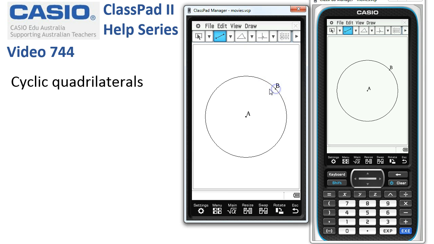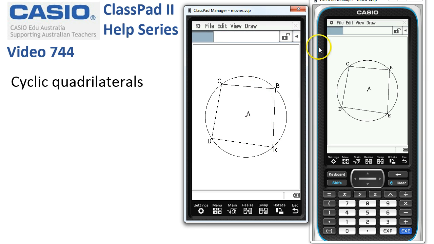So we'll tap onto B, tap onto a point on the circumference, tap onto C, tap onto a point on the circumference, tap onto D, once more, and finally back up to B. So we've got ourselves a cyclic quadrilateral. Next, off to the measurement toolbar, and we want to measure this angle here and the one opposite it over